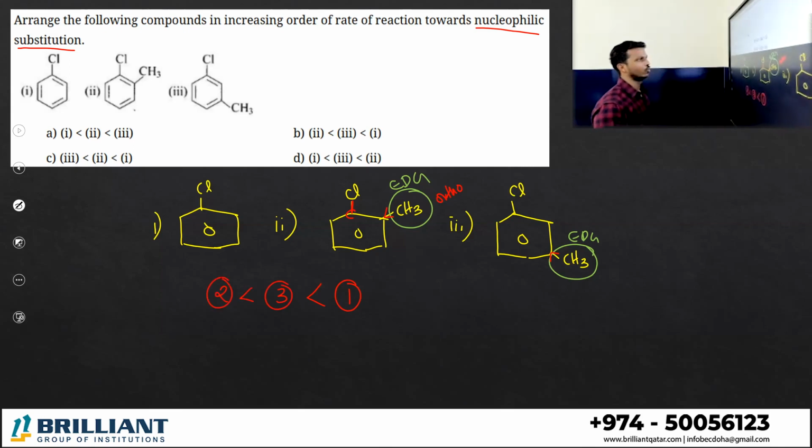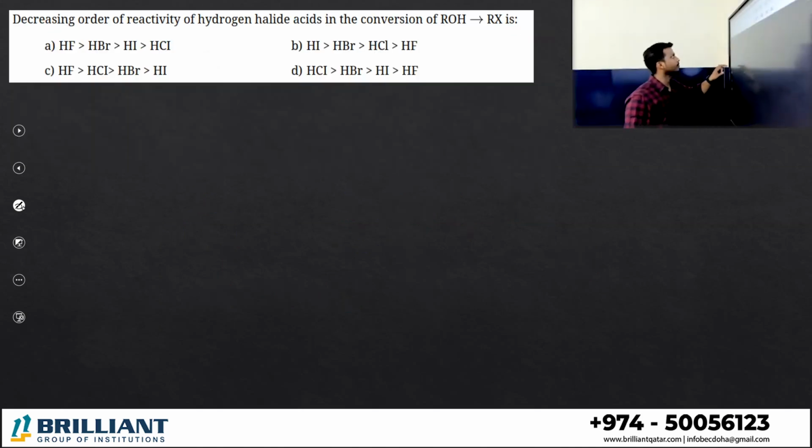So 1, 3, 2, that is option B. The reason is clear. If an electron withdrawing group is present, the nucleophilic substitution reaction is faster. If an electron donating group is present, there is very little reactivity. Okay. Next one. What is the decreasing order of